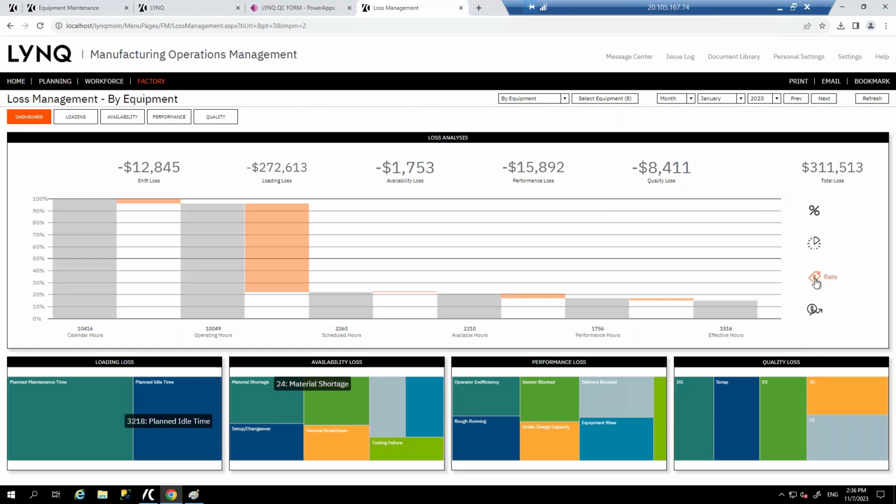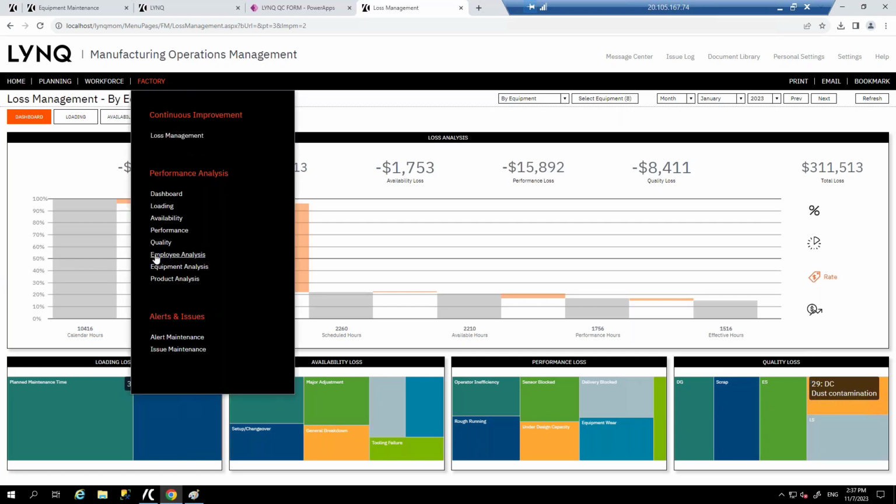Again, in my applications, I've got a 35 or 25 cost rate per hour, whether it's an employee or a machine. You can put your own rates into Lynq to understand the financial loss that might be occurring because of these losses. And again, if you can improve the effectiveness of your resources by a mere 5%, it typically pays for the software in well under 6 months. So just by minimizing losses and improving resource effectiveness, the payback is very quick indeed.